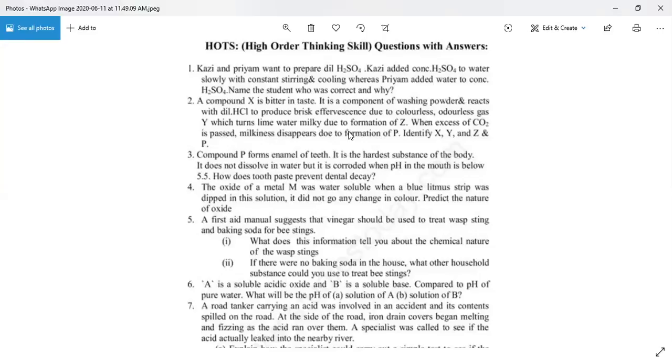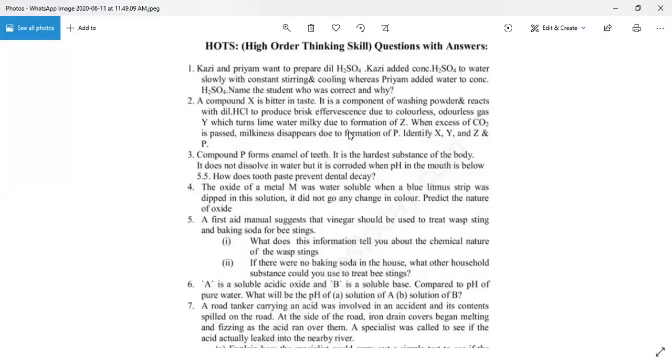But what is the metal M then? What might be one example of that metal M? Blue color won't change. Bases do not change the color of blue. They will change the color of red. So which substance is that? M can be calcium. Sodium also, as well as potassium. It can be magnesium also. Okay. Yes, ma'am. Fine.